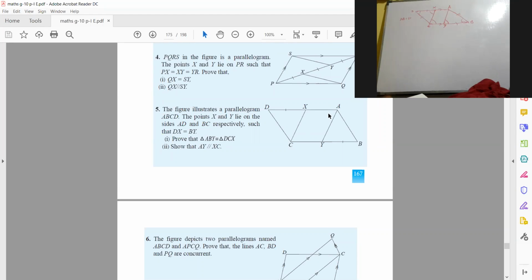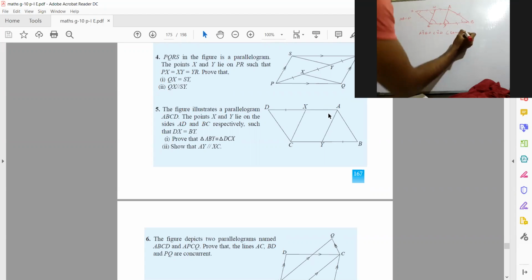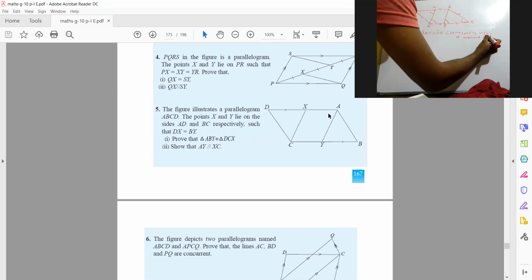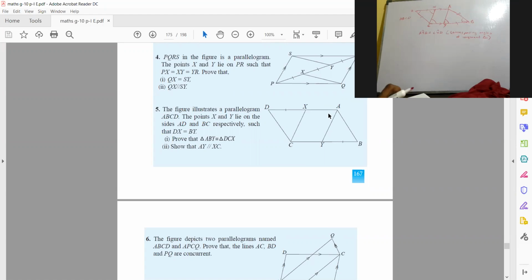Now I'll show you how to write it. Then you can say that the angle AYB is equal to the angle CXD, as corresponding angles of congruent triangles. Right? Then we can write